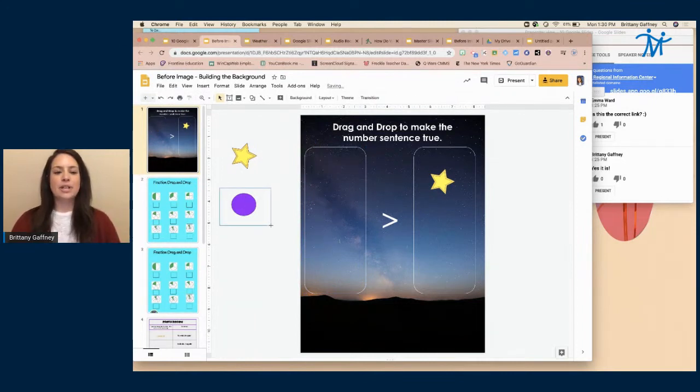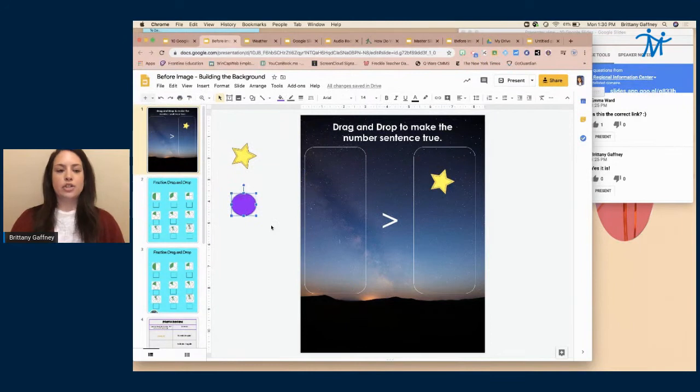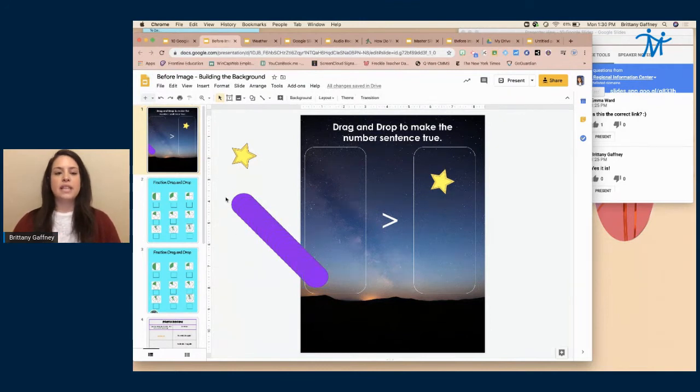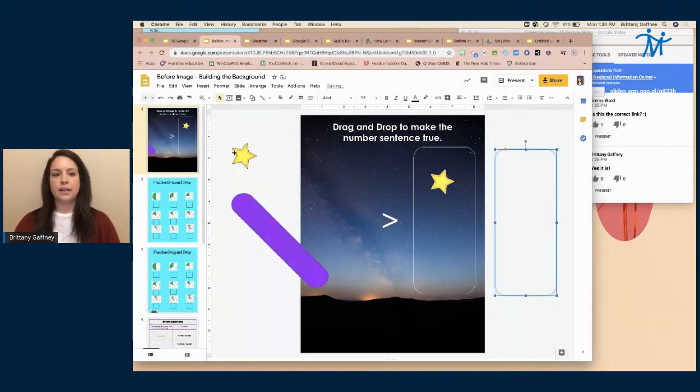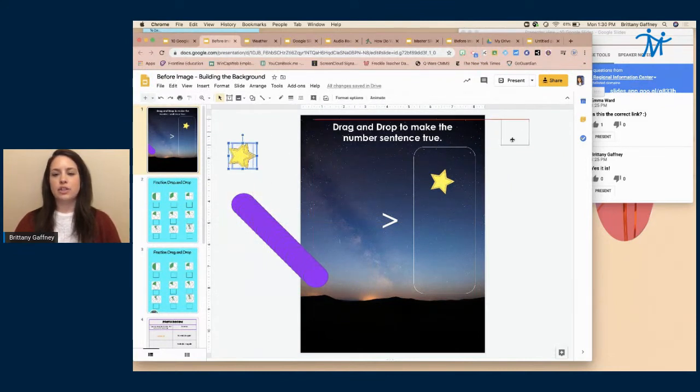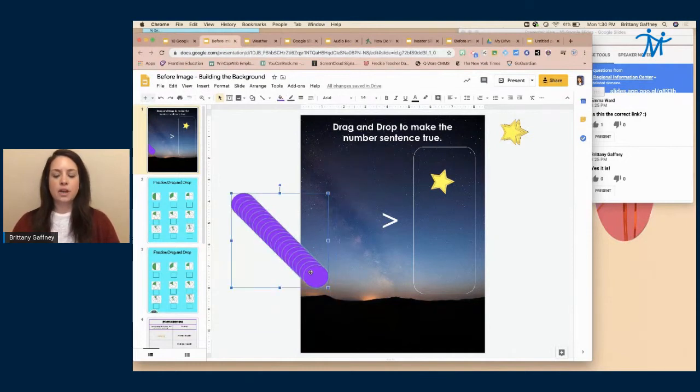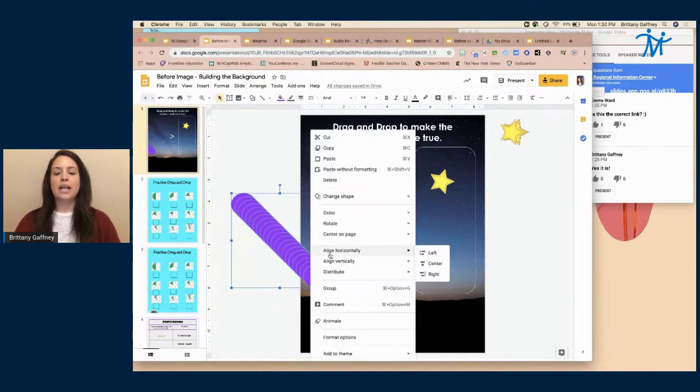You're going to highlight the image and do a Command or Control D as many times as you see fit. You're going to then highlight over those images. Now see how it also grabbed some extras in the background? I don't want that to happen. So I'm going to move those out of the way for a second, just so we don't get it too messy. Okay. So I'm going to highlight over those objects, right click, align horizontally left,